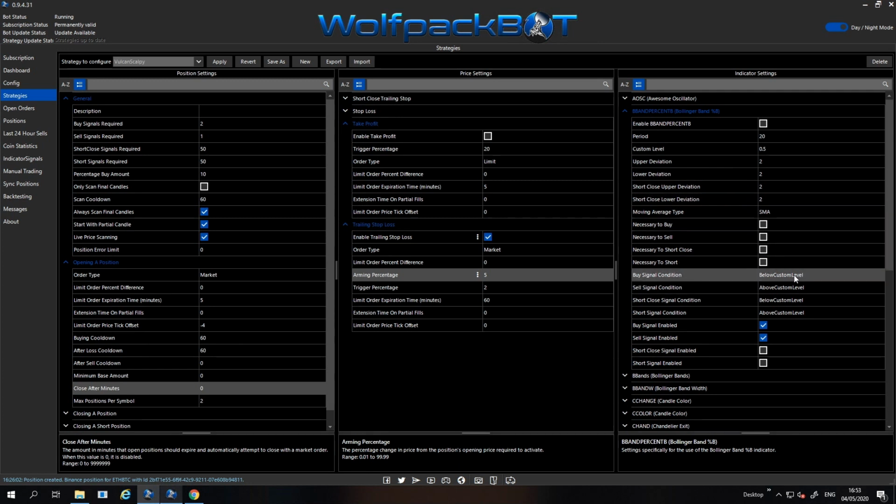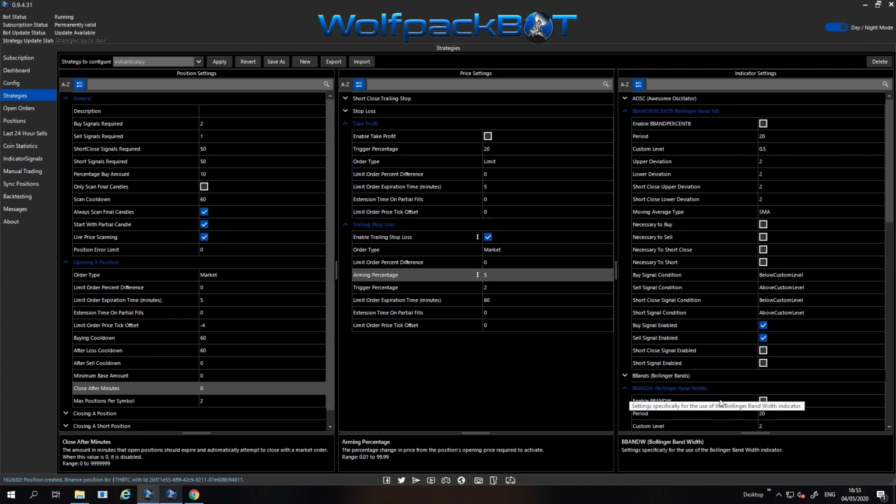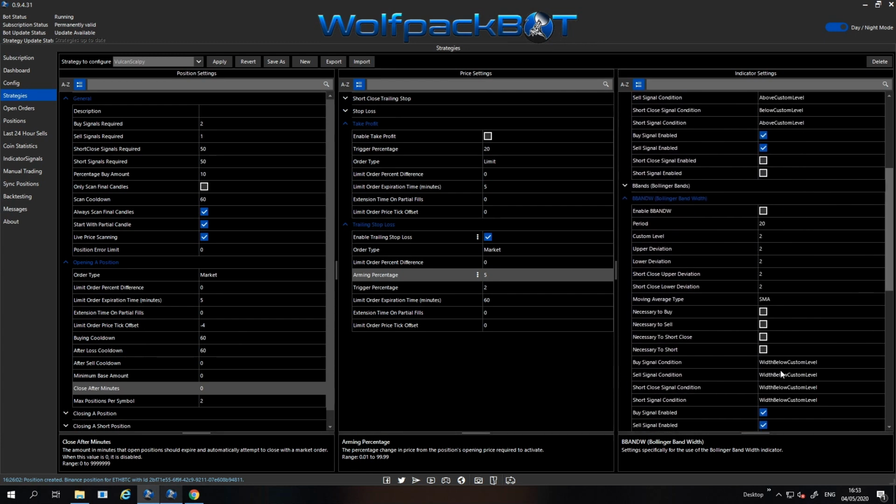You can then say the buy signal is increased, decreased, cross under, crossed over, below or upper. And so how do you use that? Well, I'll show you in a second. In conjunction with that is the Bollinger Band width. Scroll down a little bit. This one allows you to look at the actual width of the Bollinger Band between the upper and the lower. So using those together,